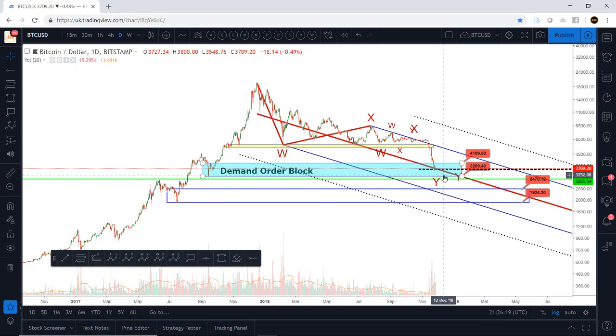So yeah, my next target is 3200, and if I was to make an assumption as to how that will play out, I do think we'll probably come up to the top of this order block before coming down further. We may even hit it down here going into January, where we just hover close to this median line. That said, if this breaks,